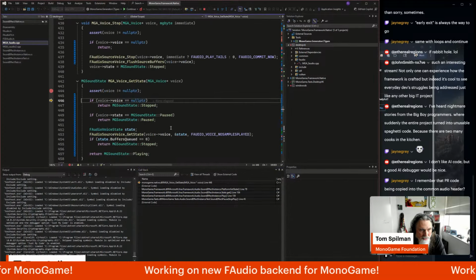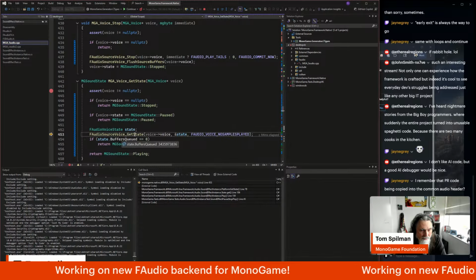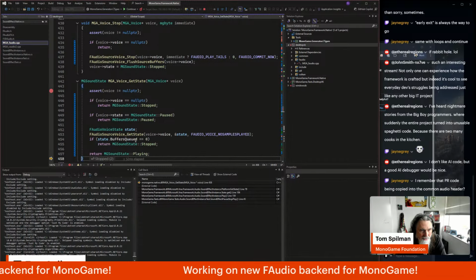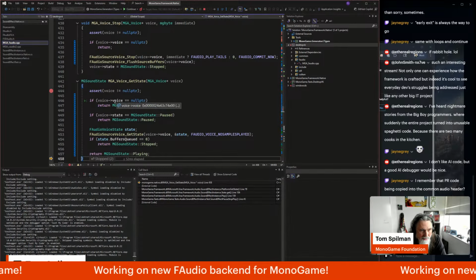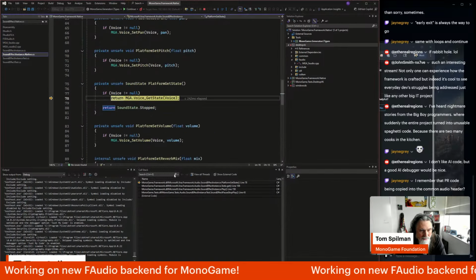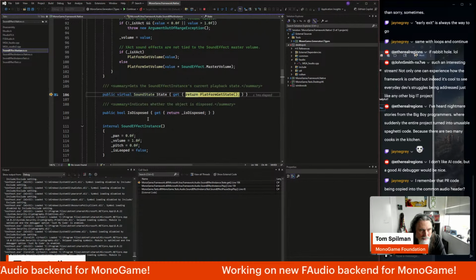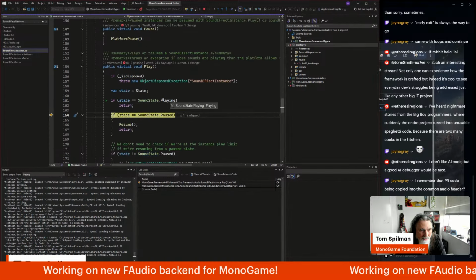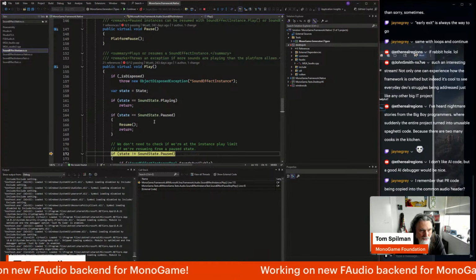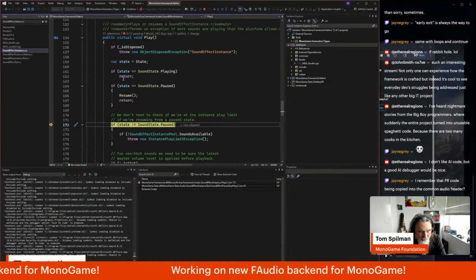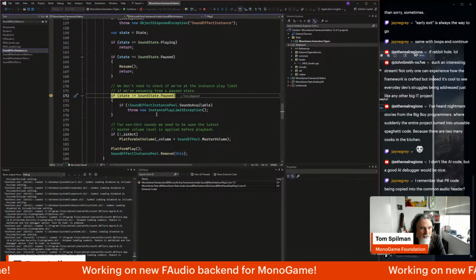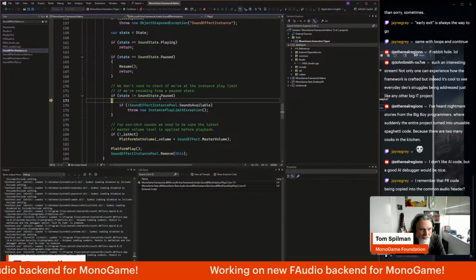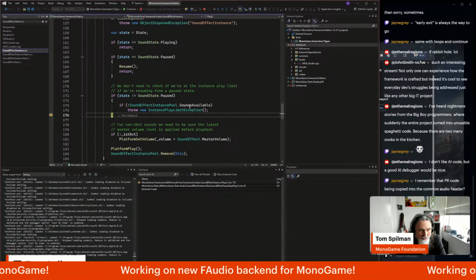In this case, it says, hey, I'm stopped, because, yeah, I'm stopped. The state is playing. State is paused, resume, otherwise. And so play checks if it's paused, resume. There's a lot of redundant kind of things being checked here. If it's not paused, then if there's a sound instance available,